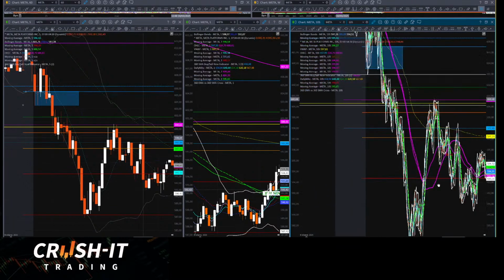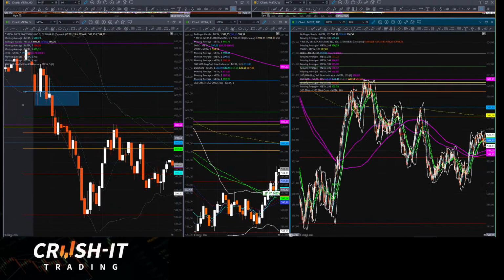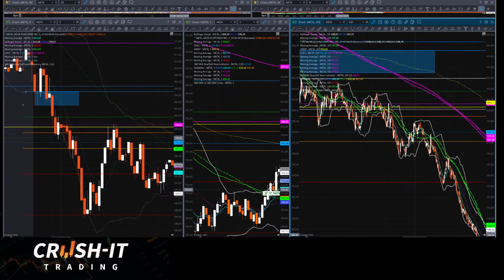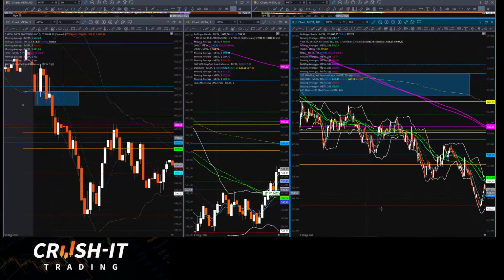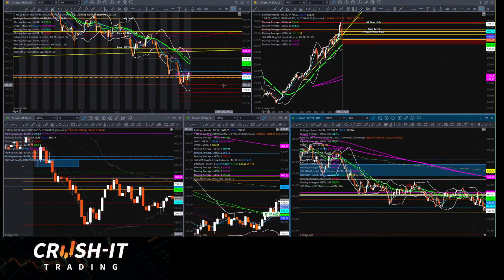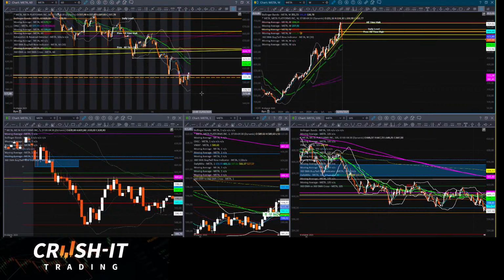So I'm going to show you our possible entry on Meta. The reason why I didn't take Meta on the crush it zone is it looked choppy, and I'm looking at the larger time frame. And in my opinion now, I'm looking at this and I go, okay, so once we break